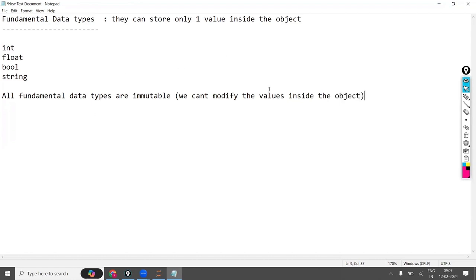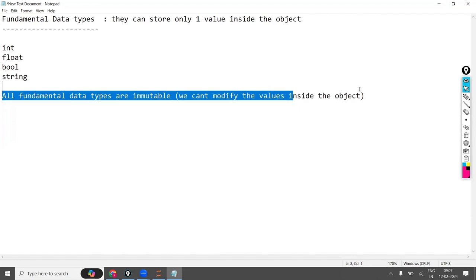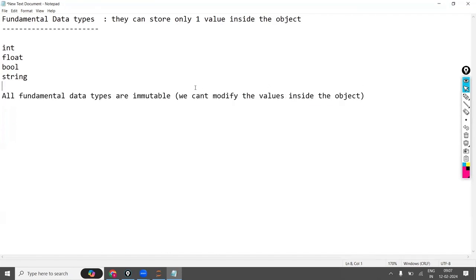This point is important, inside the object is important. Everyone will say that immutable means we can't modify the values. In the interview, if they say that, they are saying half of the answer, which is incorrect. We have to say we can't modify the values inside the object. We have to use this phrase, inside the object.